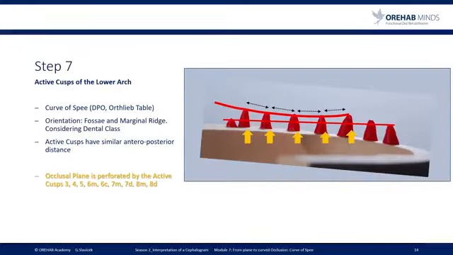And from this occlusal plane to the curved occlusion, active cusps are perforating the occlusal plane, and the radius is established or has been calculated by the table or by the dPo concept, by the Ortlieb formula. You have to orient against the upper occlusion, fossa, marginal ridges, considering the dental class, and